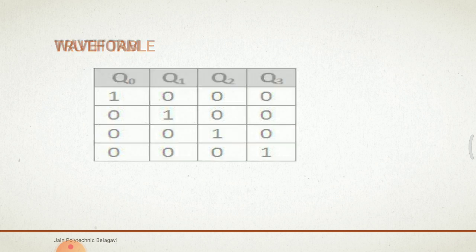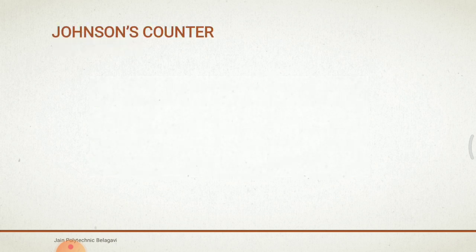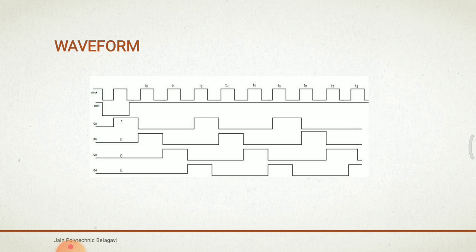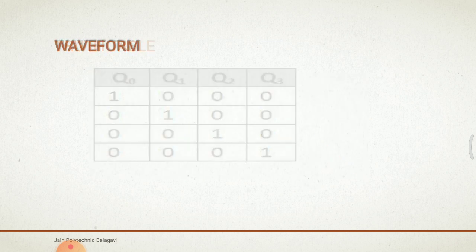Okay, so this is the waveform here. You can observe here I am going to load one value and it is going to rotate. You can check here qa, qb, qc, qd. Okay, qa is 1 0 0 0. Next it is going to shift to the right side. So it is continuously going to rotate. After some steps it is going to rotate here. You can observe here this and this. It is going to shift to the right side.